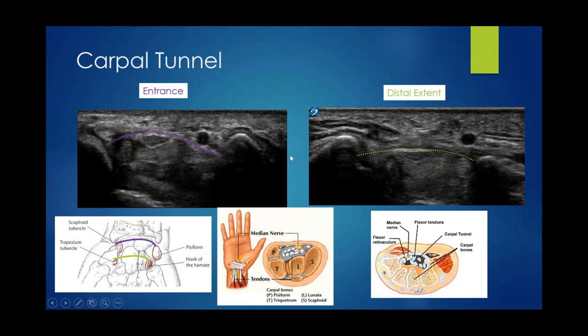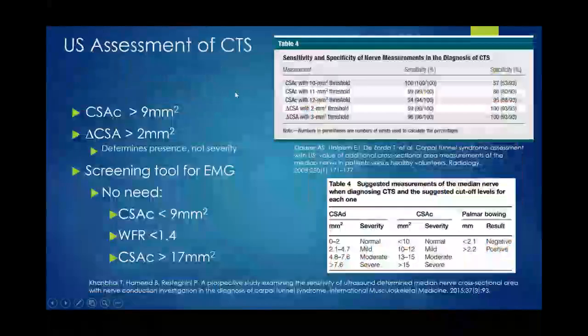Typically with ultrasound, we're asked to look at the carpal tunnel to see if someone has carpal tunnel syndrome. There's a variety of studies assessing this. Here are some of the common numbers that